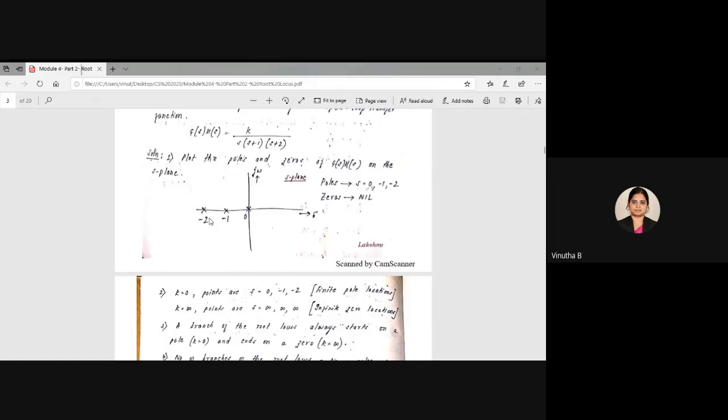So hope you understood this. At the end, when I show you the final graph, you should see that there is a root locus here and a root locus from here till infinity, and you should see that there is no root locus here. So I will be going step by step, but keep these things in your mind so that you can verify it at the end. Now we have successfully found out the poles and zeros, and we have marked them, and I have also taught you how to find out whether there is a root locus at these points or not. So this will be our first step. Then the second step, if you see, excuse me.